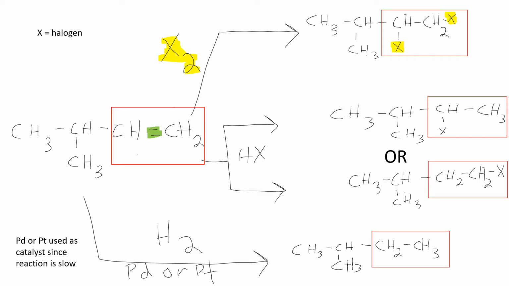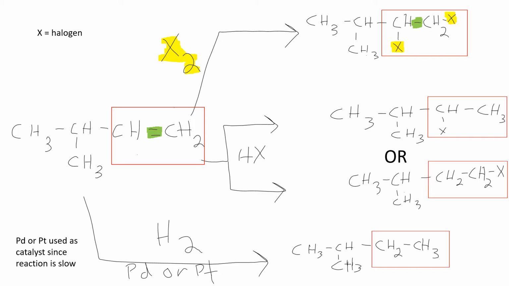Starting with the alkene, I'm highlighting that carbon-carbon double bond. Now we look at the product, upper right-hand part of the screen. Notice how that carbon-carbon double bond became a carbon-carbon single bond. So that's the second thing that happened. Remember, the first thing is we added in the halogens. The second thing that always happens is we reduce the carbon-carbon double bond to a carbon-carbon single bond.